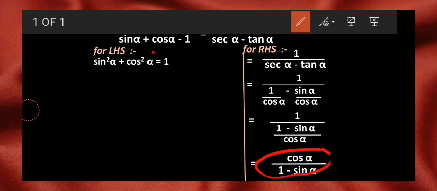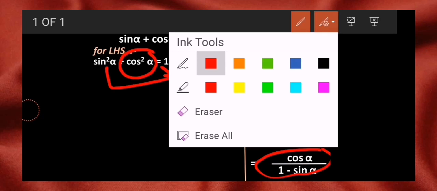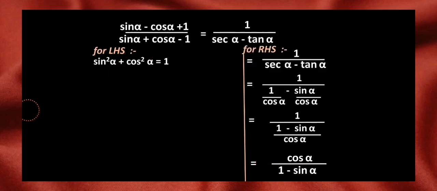So we have to make this cos alpha alone, and we have to shift this sine square alpha towards the 1, because we want only cos alpha in the numerator. Okay, clear the step? I hope I made it very clear to you. So let's begin. Shift that sine square alpha towards the 1, we get 1 minus sine square alpha, and same